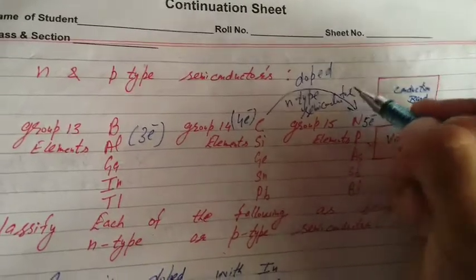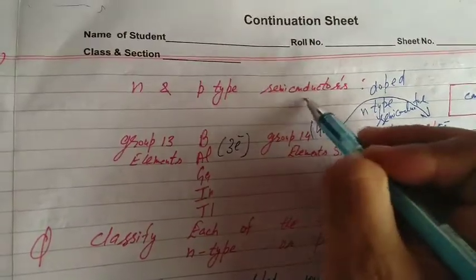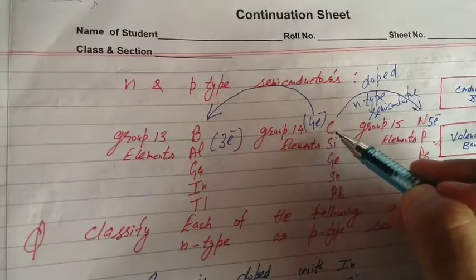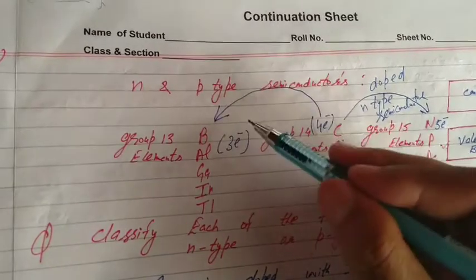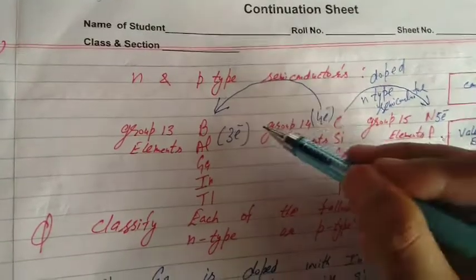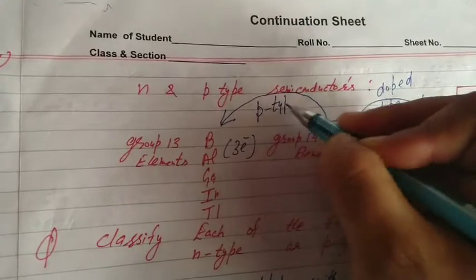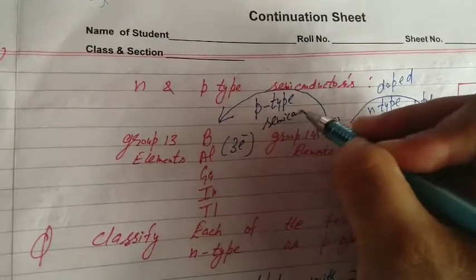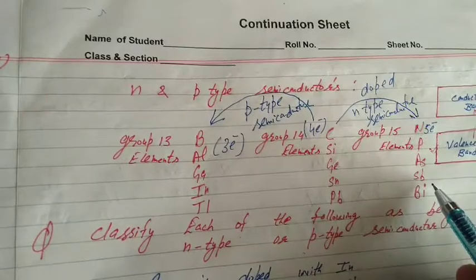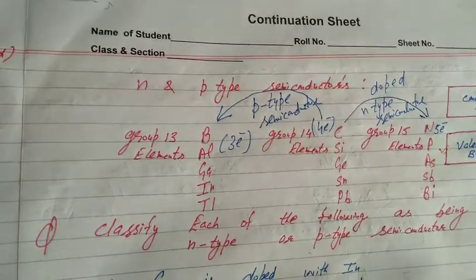N-type semiconductors when group 14 elements are doped with group 15 elements. Now suppose vice versa, group 14 elements are doped with group 13 elements. There are 4 electrons in the lattice site of the group 14 elements. When they are doped with group 13 elements, which have 3 valence electrons, it means they become electron deficient. They become electron deficient, acquire positive charge. So from the letter P, P-type semiconductor. It means if we go forward, N-type semiconductor is obtained, and if we go backward, P-type semiconductors are obtained.